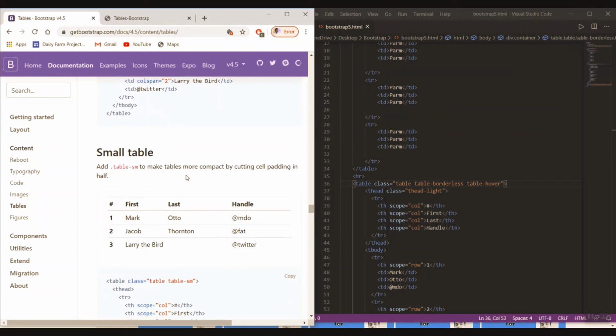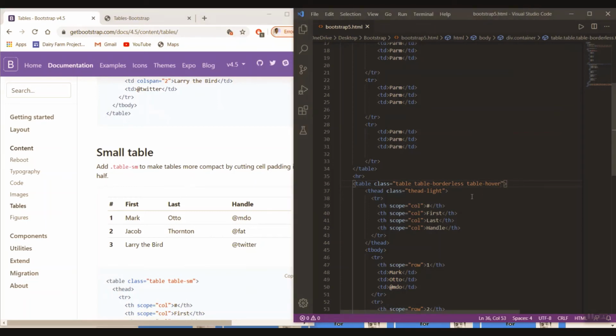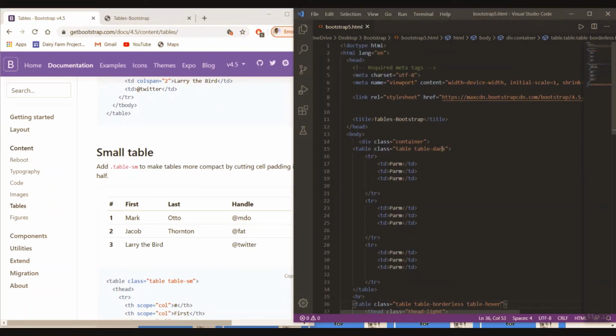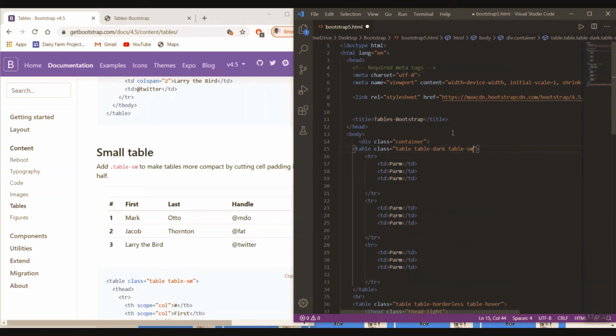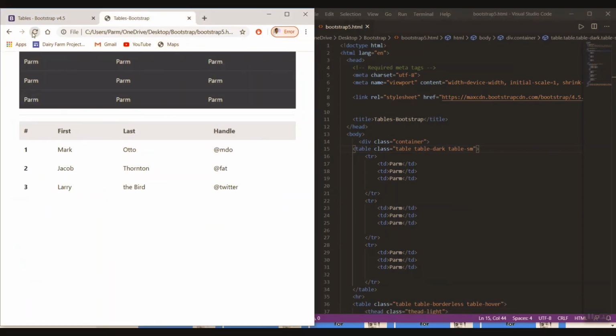Then small table, table sm we can use here, or we can use it in this case. SM for small, MD for medium, LG for large, and XL for extra large. So that property we can use as well.